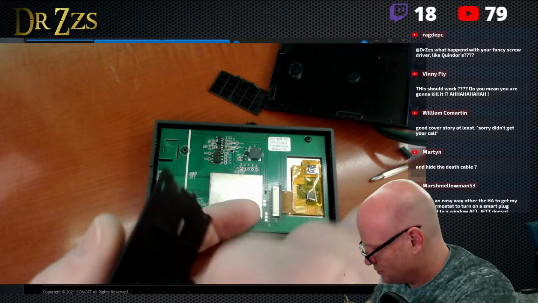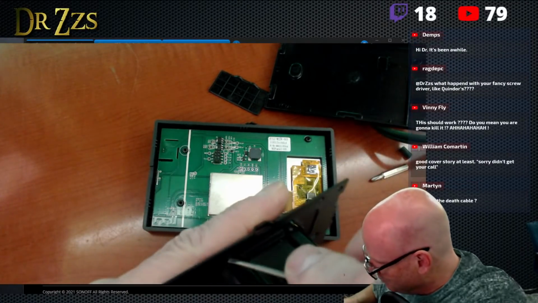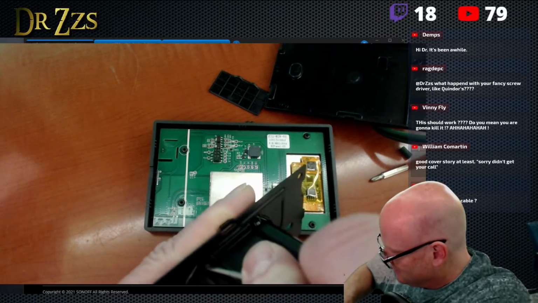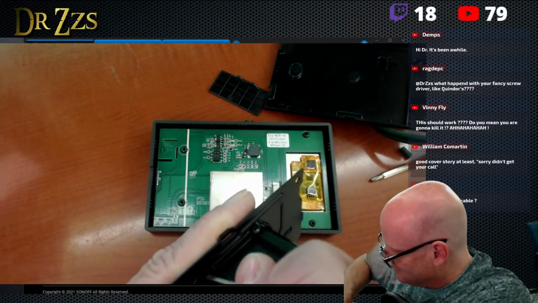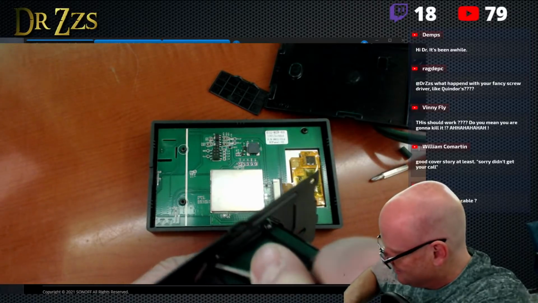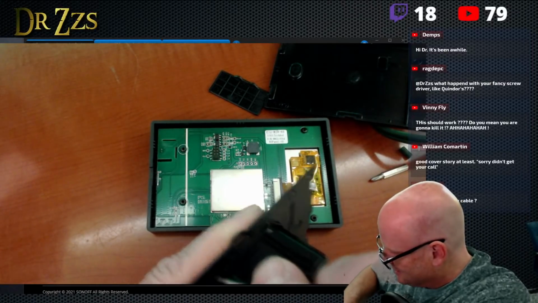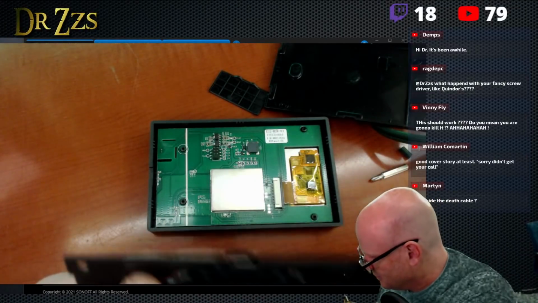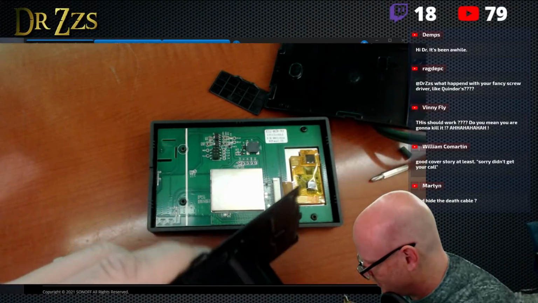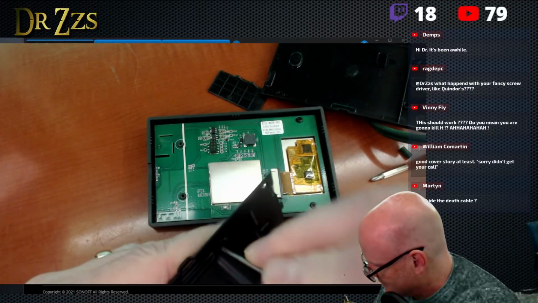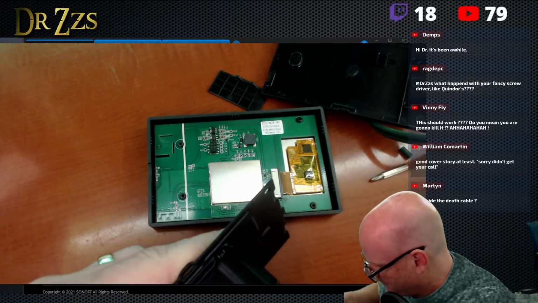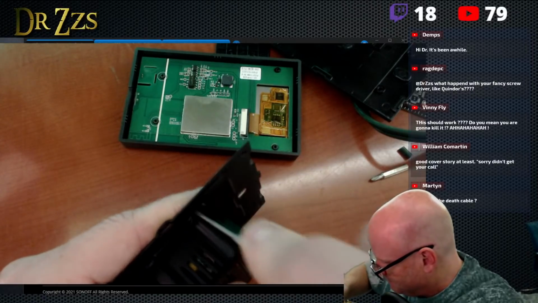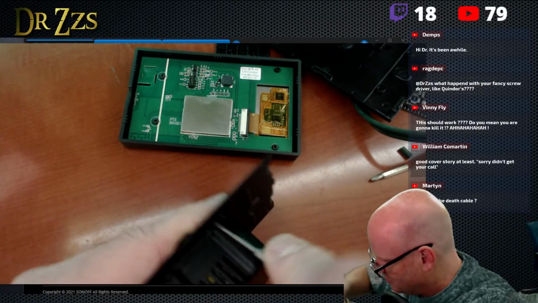I'm wondering... Oh, it's out here. You gotta press these little tabs. Come on, you stinkers. Yeah, I'm sure that's what it is. I can see those little tabs. Oh, maybe does it go that way?